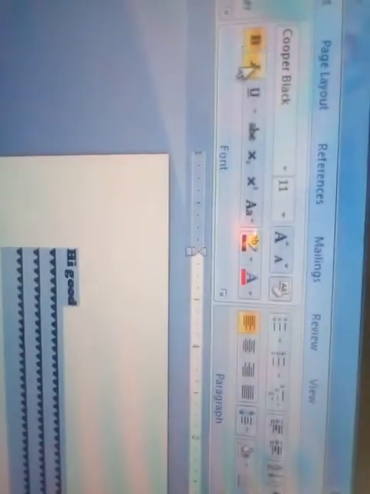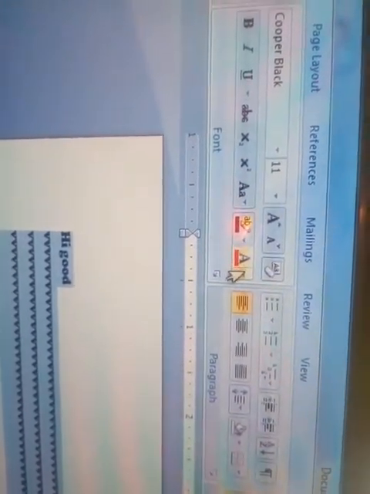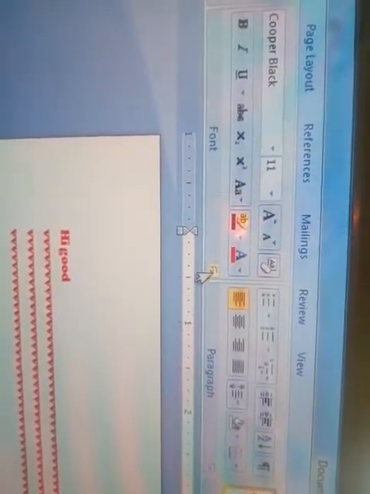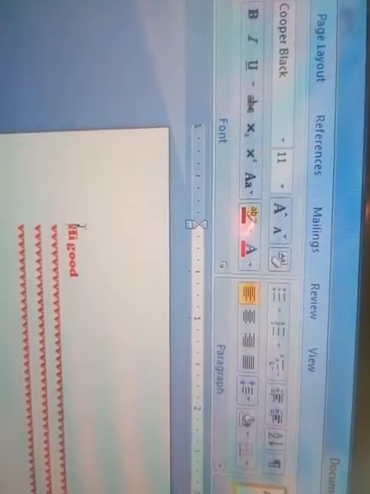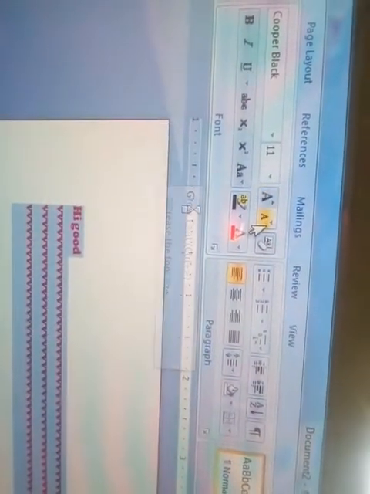Then you can make bold, italic. Okay, then underline it. Okay, you can remove also afterwards. And then color, you can change the color. Okay, see here the red color is applied, so you can make the capital letters and small letters. Okay, this is uppercase, then this is lowercase.